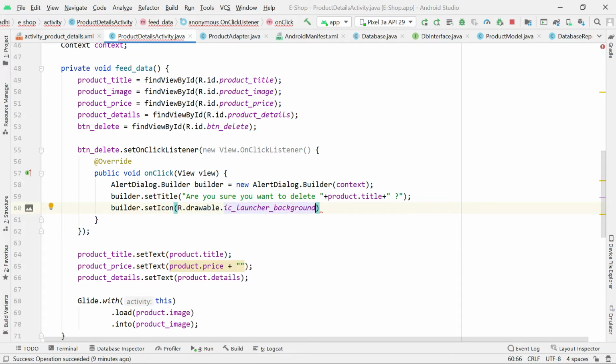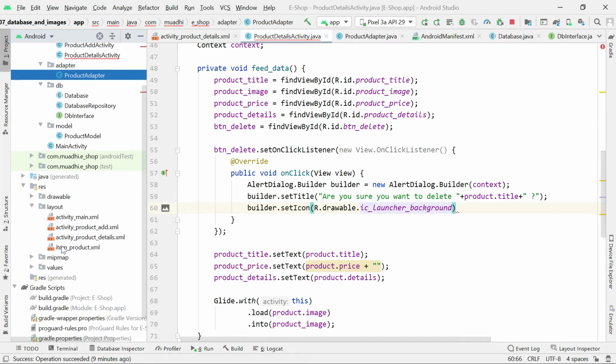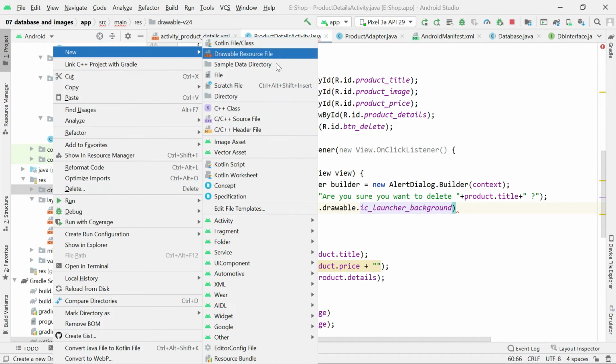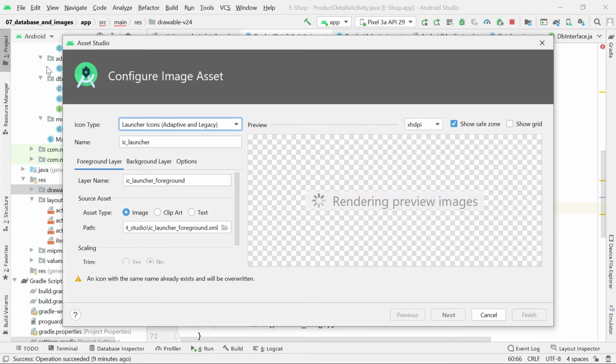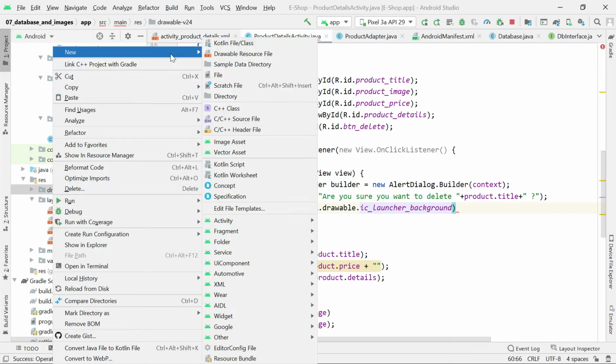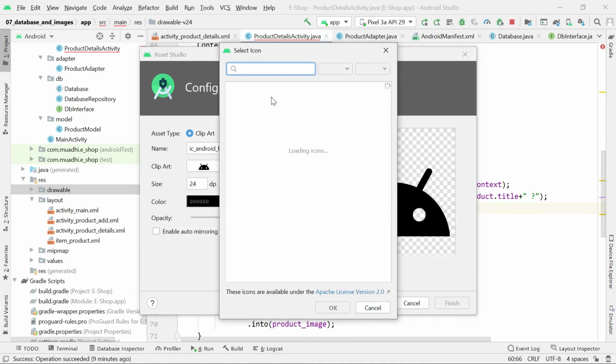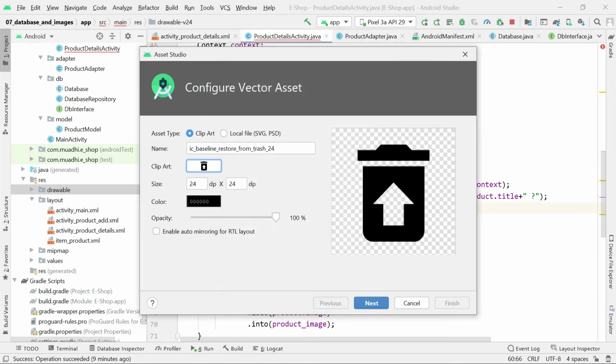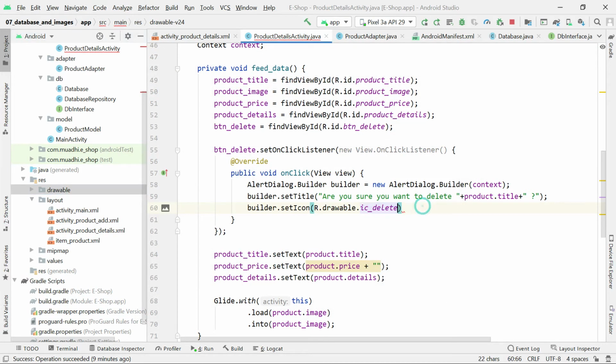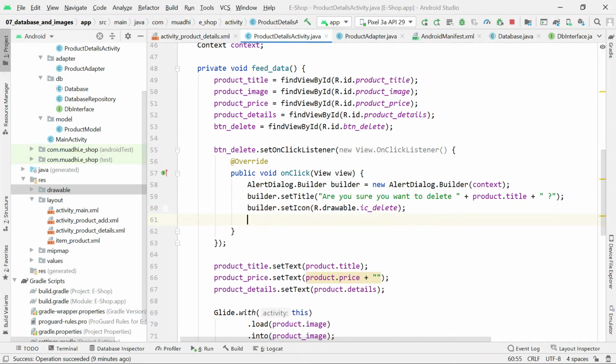So let us create a delete icon very fast by simply coming to drawable new vector and come here and select maybe trash. That will work for now, just for the sake. So I'll call it icon based, but there are so many others that are more relevant than this. Okay, so you can set an icon, and then we can set a